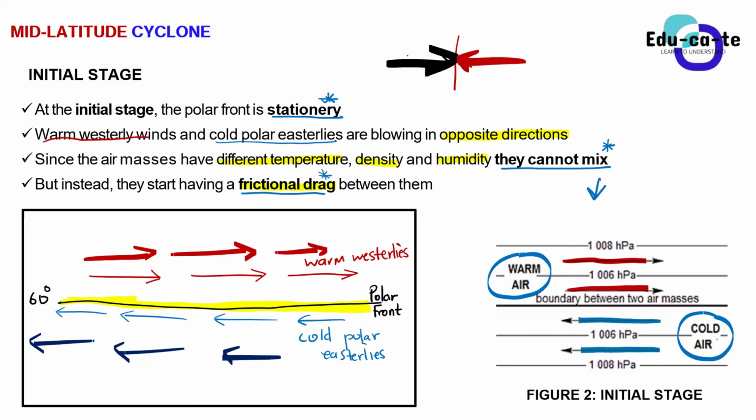Yes, Yangoba, we've got less than 1 minute. Make it snappy. Okay, so I just wanted to ask you, the frictional drag, can we say it's at the polar front, since when they can't meet, they have frictional drag? Yes, so actually the frictional drag is at the polar front, because that's where they are meeting. They are not able to mix, so they are just pushing each other along the polar front. They are blowing in opposite directions, pushing each other along the polar front.